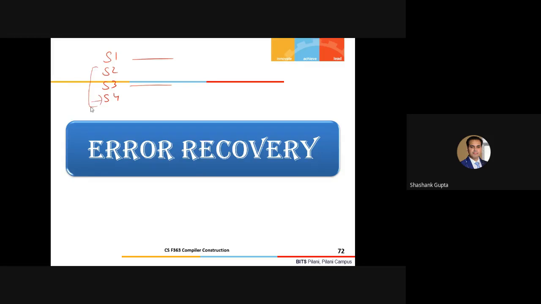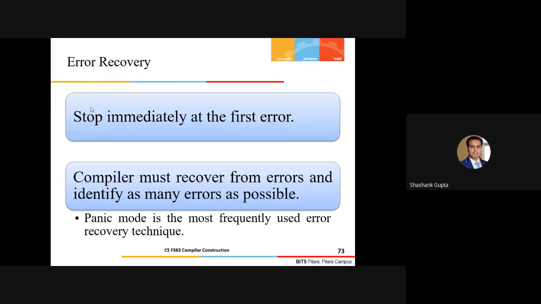So this is where we are jumping into the error recovery part, guys, for LL1 parsing here. I hope this part is clear, what exactly error recovery is right now. Let us take some more examples. Error recovery says, first of all, that you have to stop immediately as soon as your parser hits the first error, or as soon as your parsing flags one error corresponding to the entry in the parse table, right?